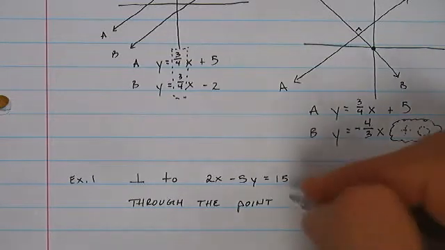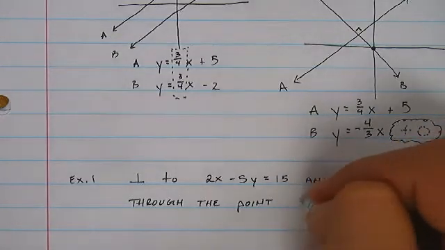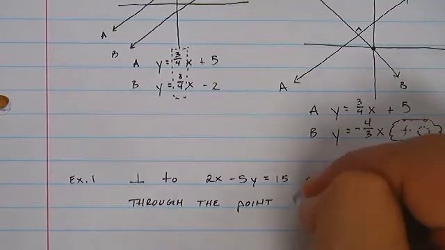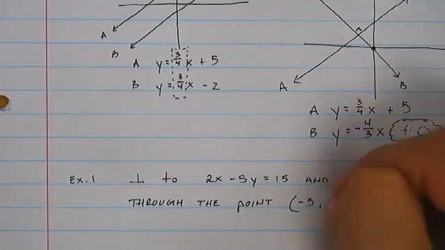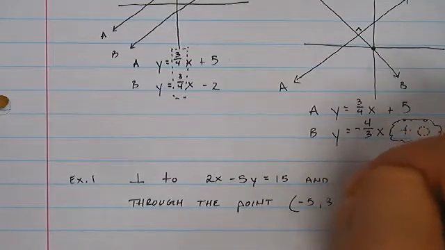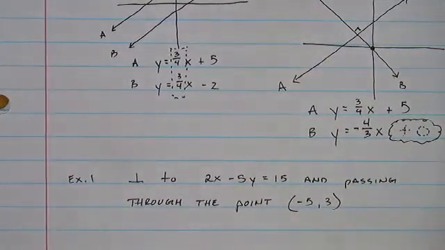It's gotta have an x value divisible by 5. So let's just say passing through the point -5, 3. That should work out for us, right? So example number 1, find the equation of a line perpendicular to this line, okay, and passing through the